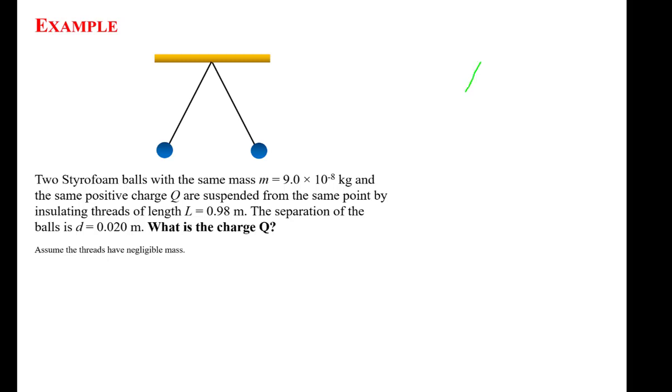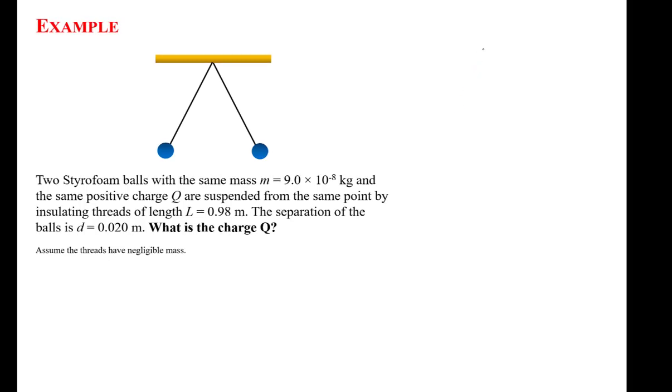So I am going to redraw the two spheres. Here is one sphere, here is the other one. I'll indicate that these spheres each have charge q. I am going to label my own values for q, just following good problem-solving methodology. We don't know what the value of q is, so I'll just leave that as an unknown. We do know the length of each string. I am going to label that in our diagram as capital L. So the length of each string is